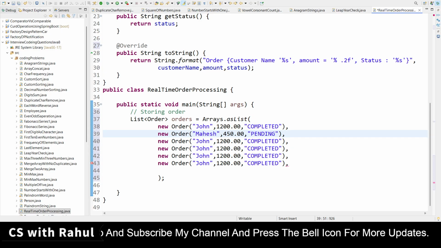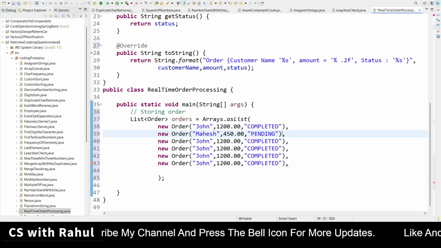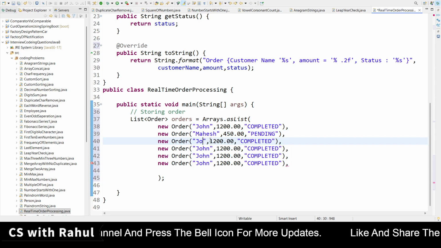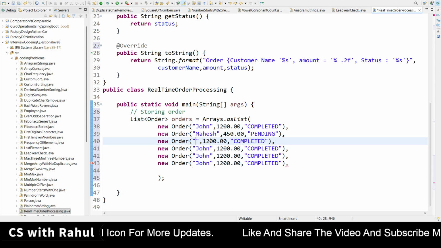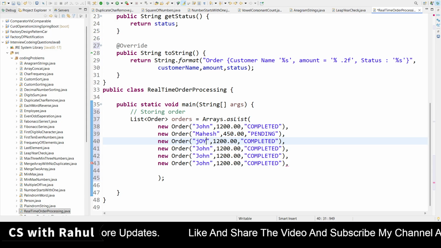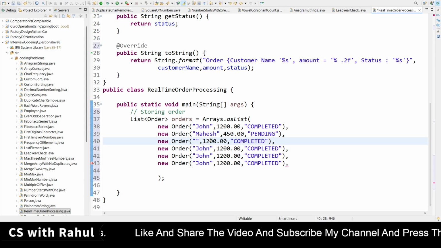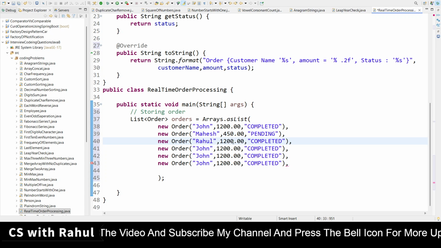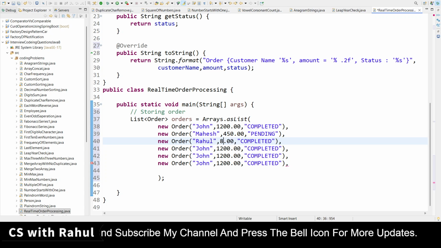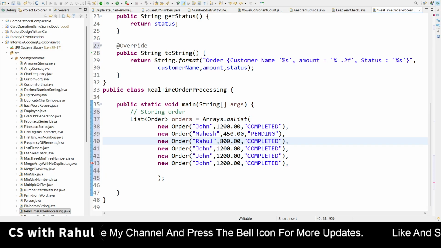Then next I am taking 800 rupees, another name, let me take Rahul. Okay, 800. This order is also completed.